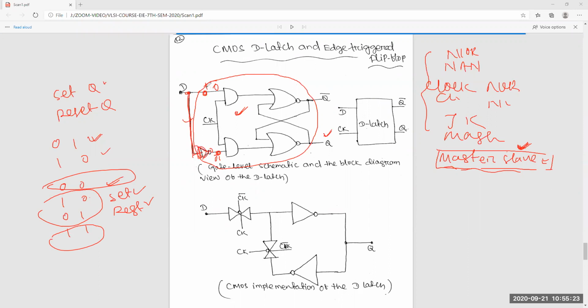Okay, so at any time you will get 1 and 0 or 0, 1. By doing this we can get whatever we require. So that's why this is the simple solution. Fewer transistors are required, and it is the optimum solution. That's why this D flip-flop is used in most circuits and applications.